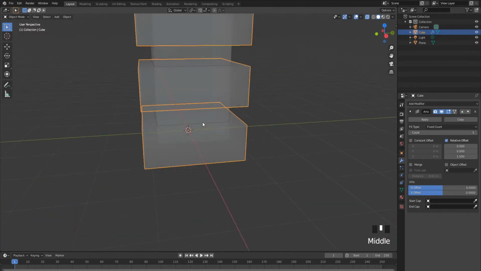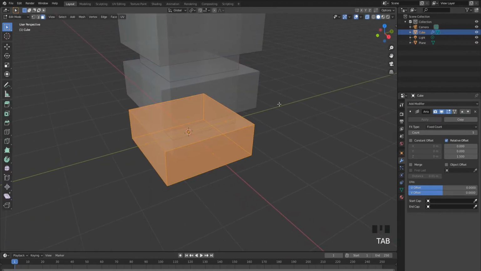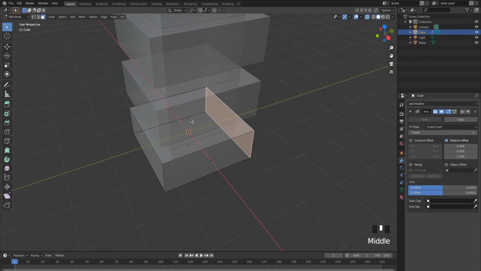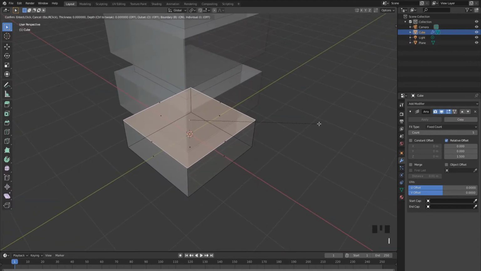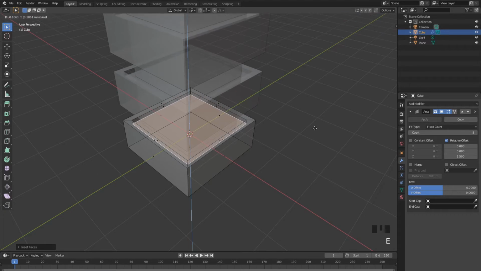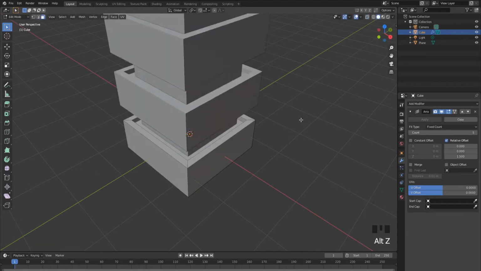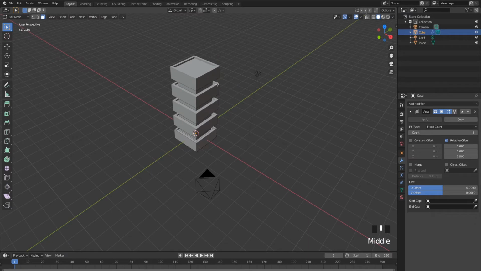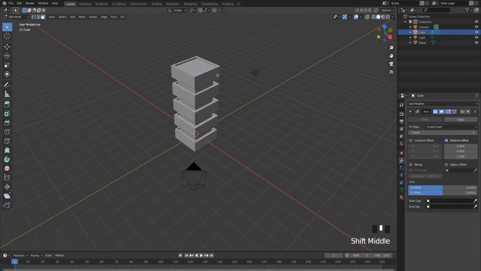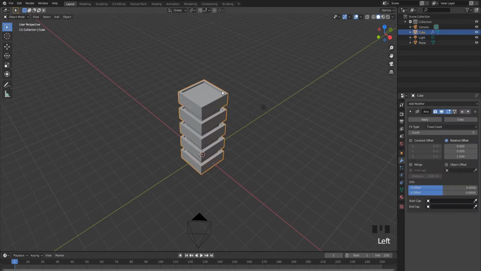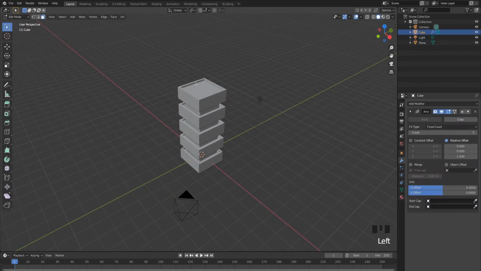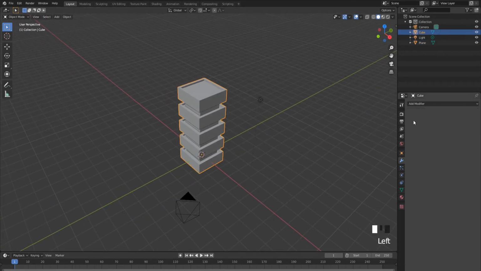I'm going to go back into edit mode on this cube here, click this top face, press I to inset, and then E just to extrude this down just a little bit. Alt Z to go back out of X-ray mode, and that just adds a little bit of an extra sort of edge there. And I could apply it now. Yeah, I think I will apply it now